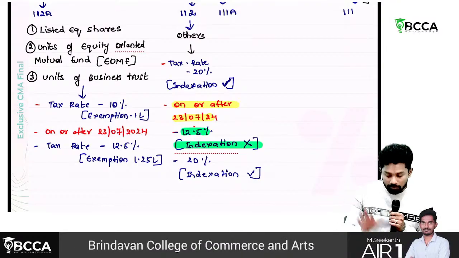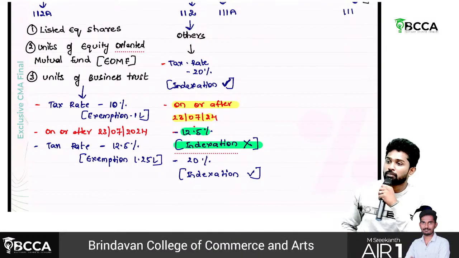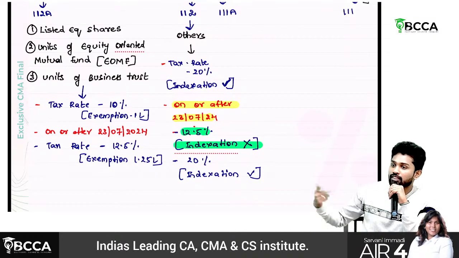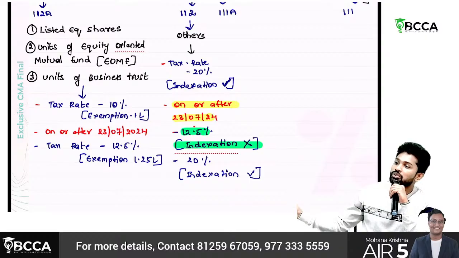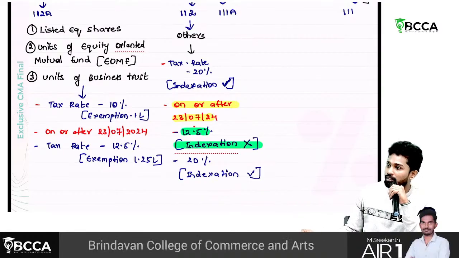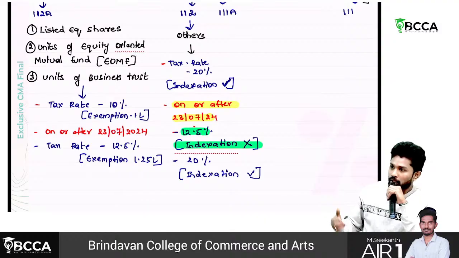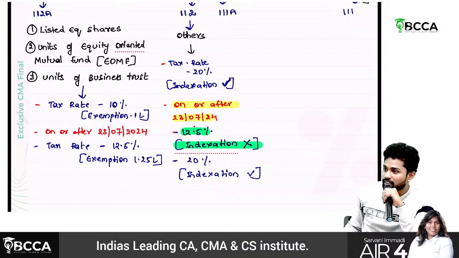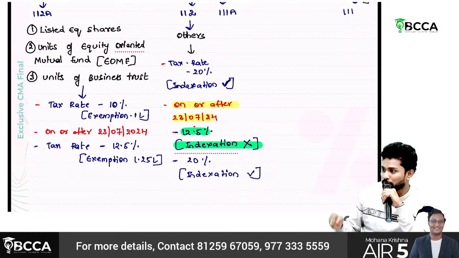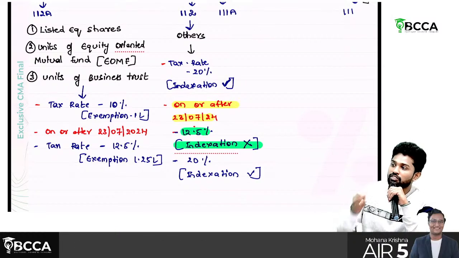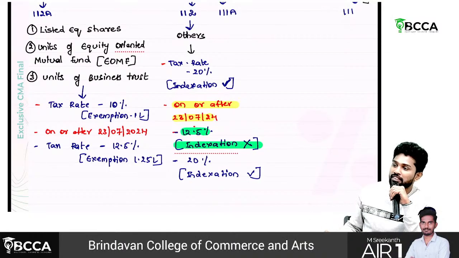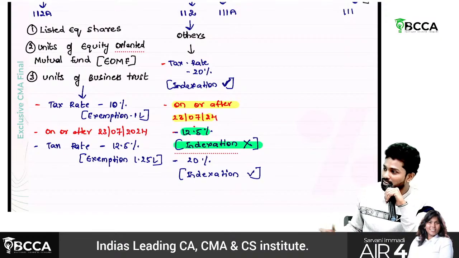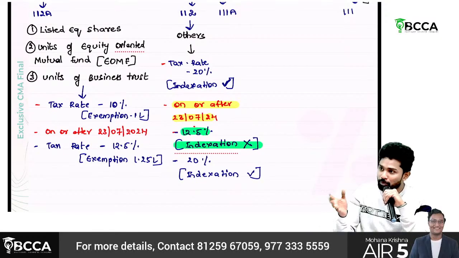First they introduced that particular rate only, 12.5% without indexation. Then people started protesting against the government. They were saying, how could you suddenly drop the indexation benefit? Because a person got a property from their great grandfathers. That time his grandfather bought it for only 500 rupees. Now that property value is 5 crores. If there is no indexation benefit, straight away on 5 crores you need to pay 12.5% as tax. And you have only that property.